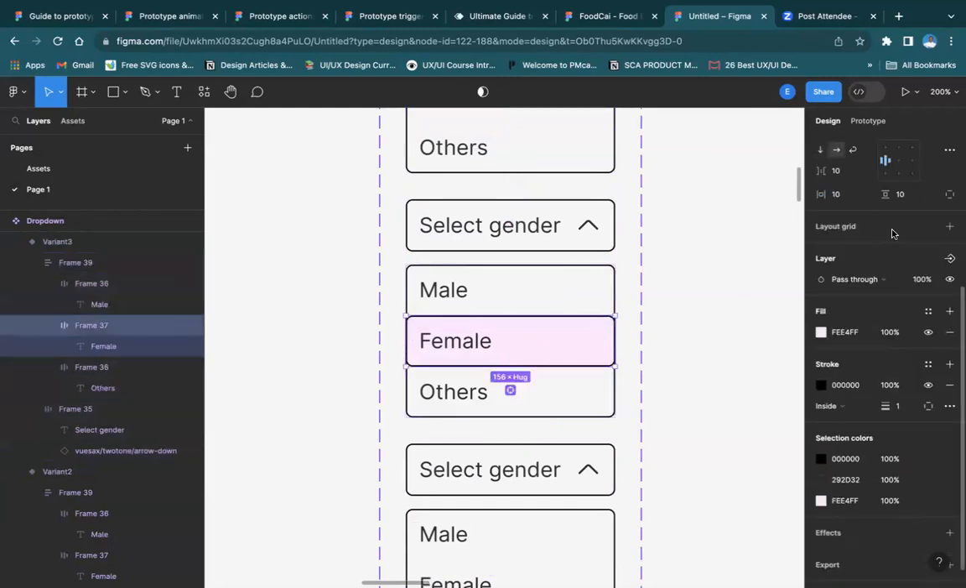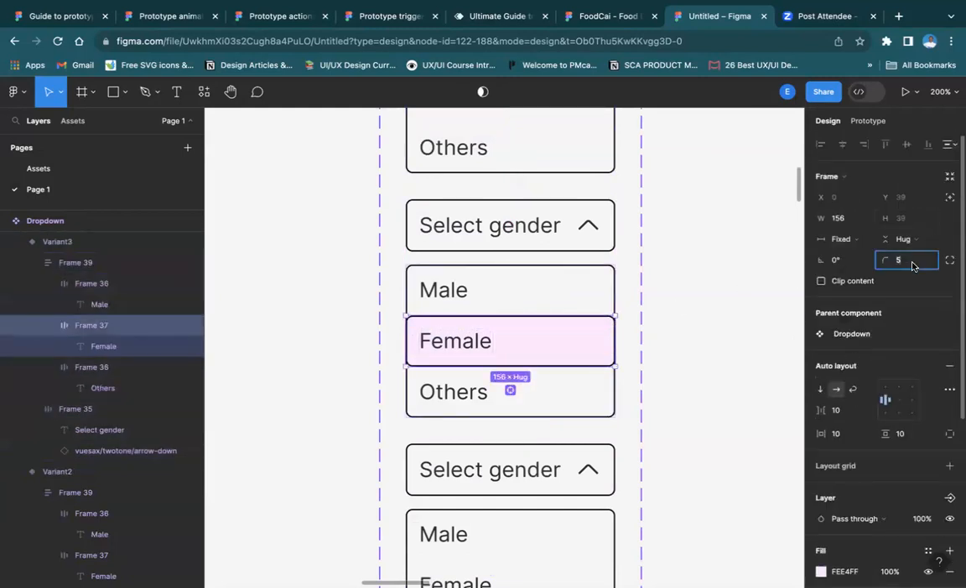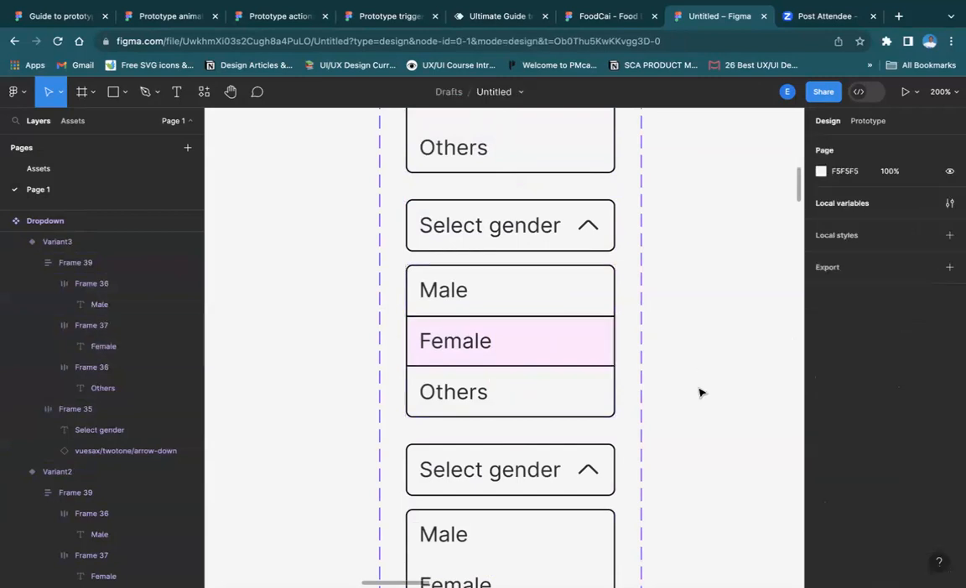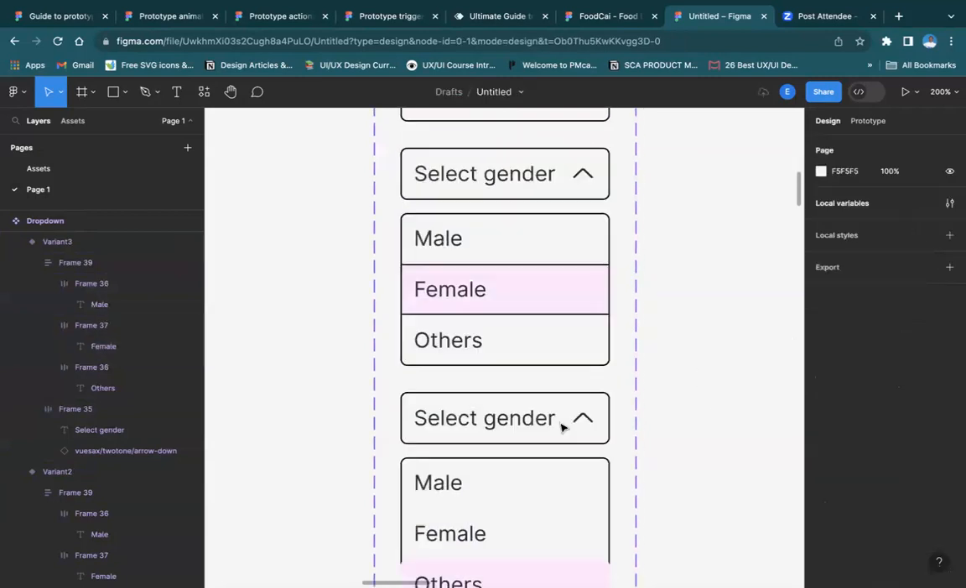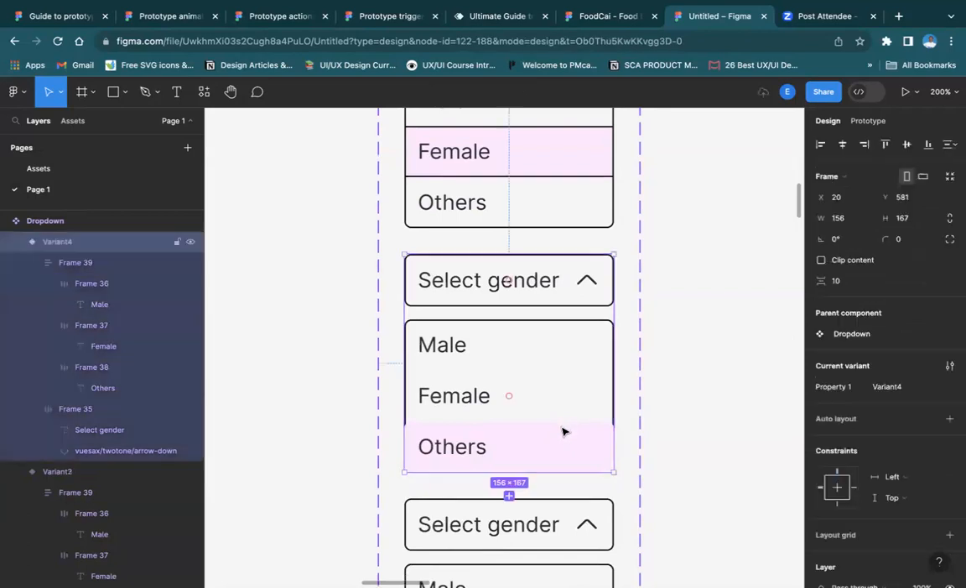I'll do the same for this. This is 5, I'll make it 0. And then the last one,